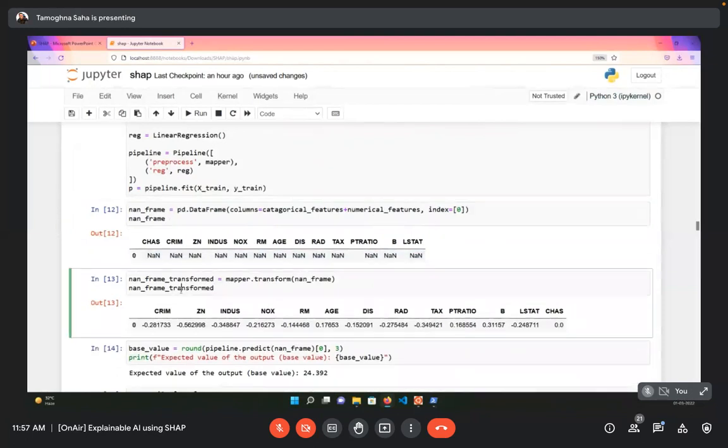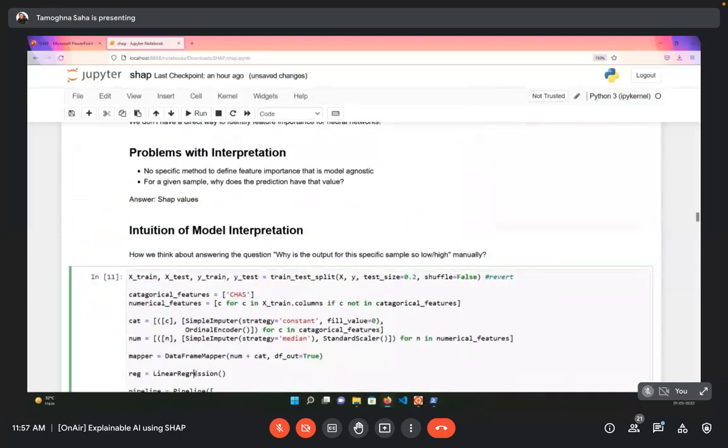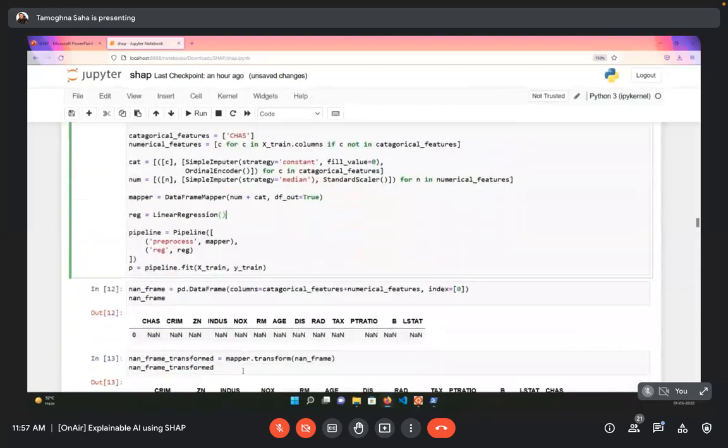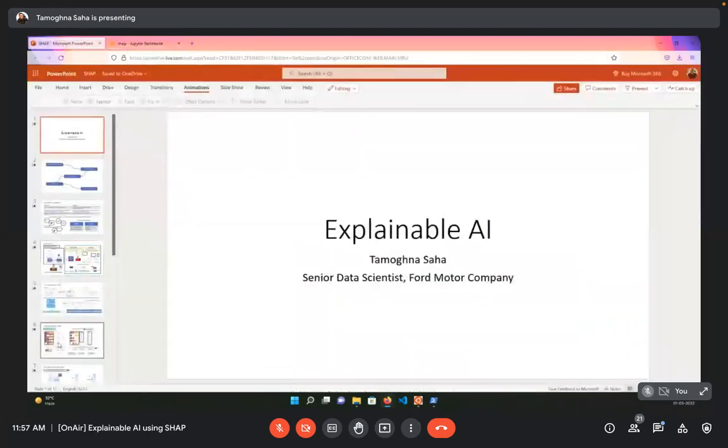And now when you pass this transformed record into the pipeline, where you are basically performing the linear regression on this particular data set, and then you do a prediction out of it, you are going to get the base value, which is the expected value of the model. So whenever you do not have any value present in that particular record and you have already fitted your model, what is that base value that you're going to get out of it? And this is how you calculate the base value, which is the f-naught that I was talking about.